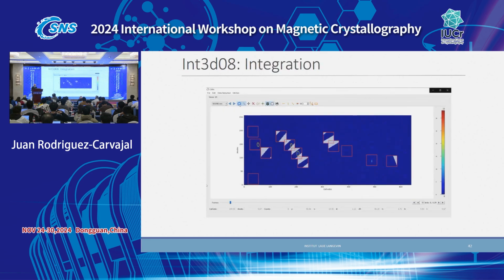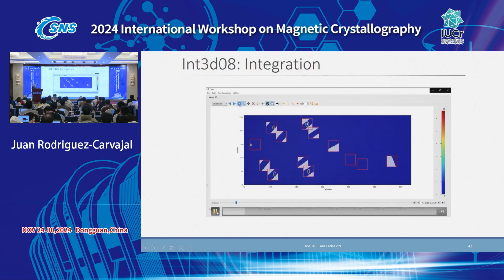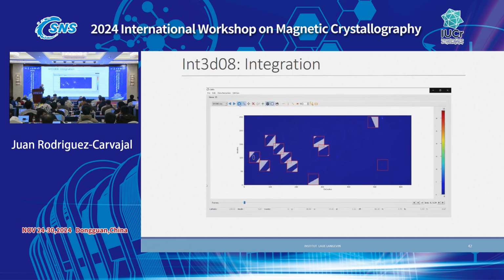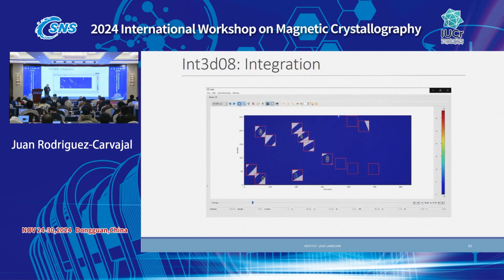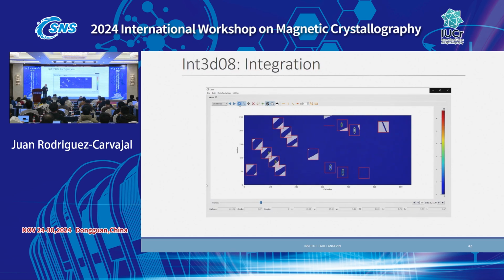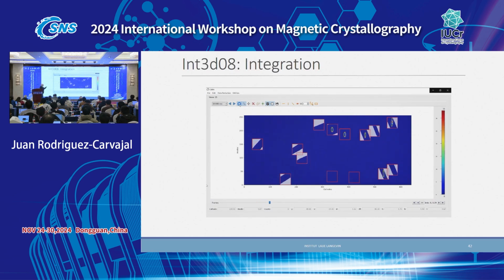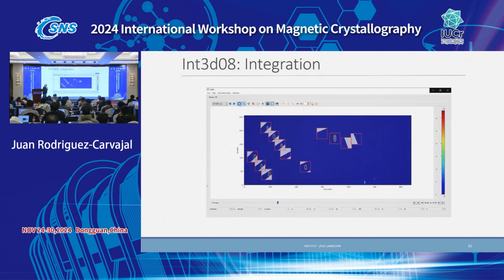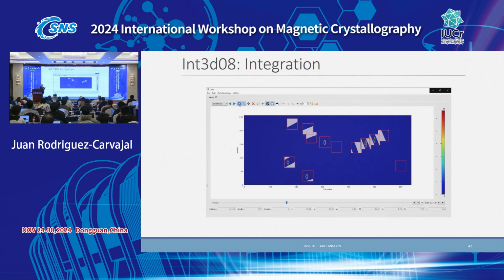For instance, this is when you have an integration, you see immediately the ellipsoidal projection in which you will do the integration of reflections. The part that you see in white is just the mask that we put around the reflection in order to eliminate, for example, spurious reflections, so that they can be removed in order to integrate best.